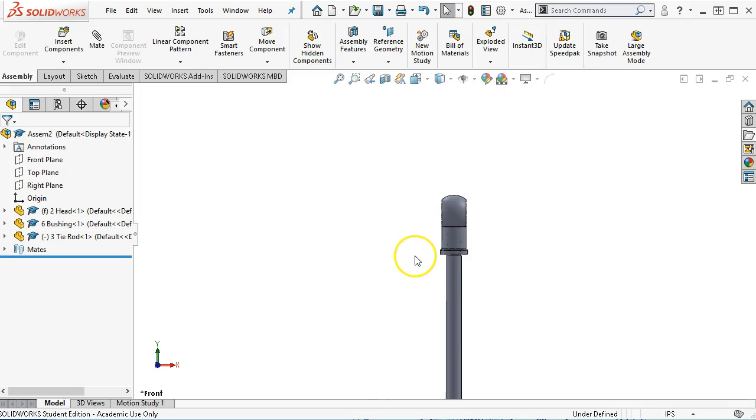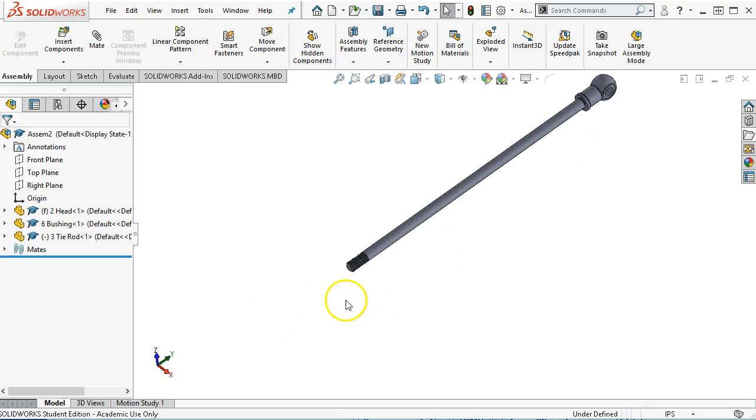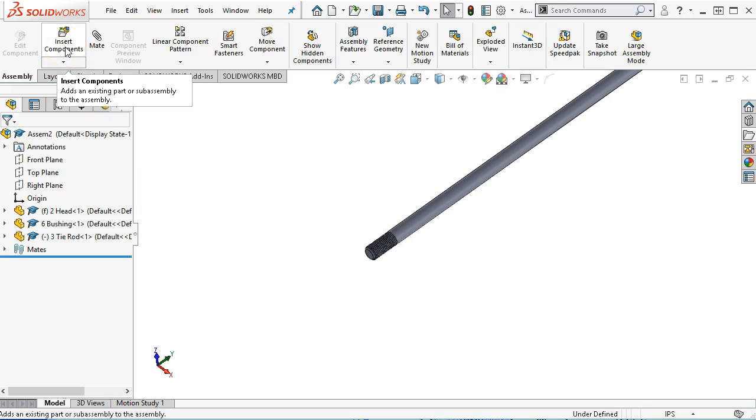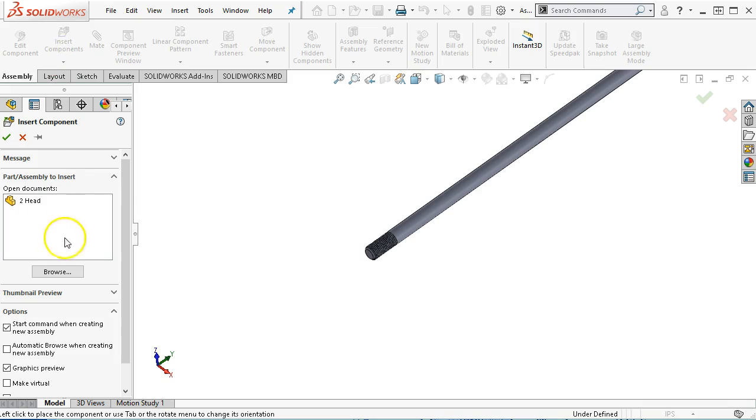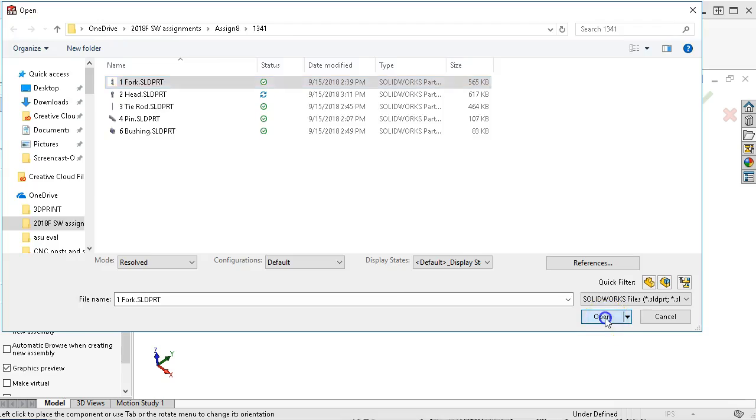All right, so the issue here is that if I needed to put a thread mate onto this shape, that becomes a little bit more complicated, but it would be interesting to see as I turn the tie rod that this moves that way and the fork moves that way. All right, so we're just going to leave this as a static and won't do too much in the way of advanced mates. So browse, come back and bring in the fork,